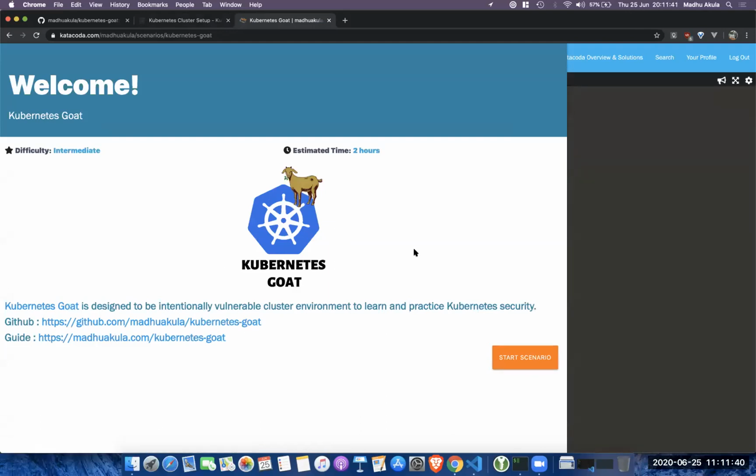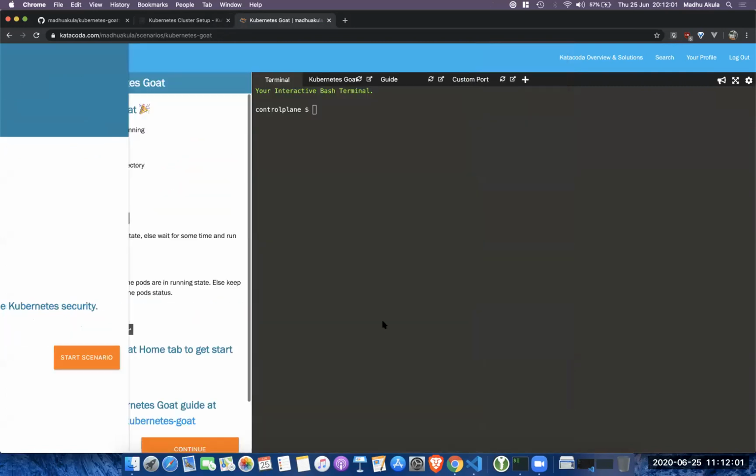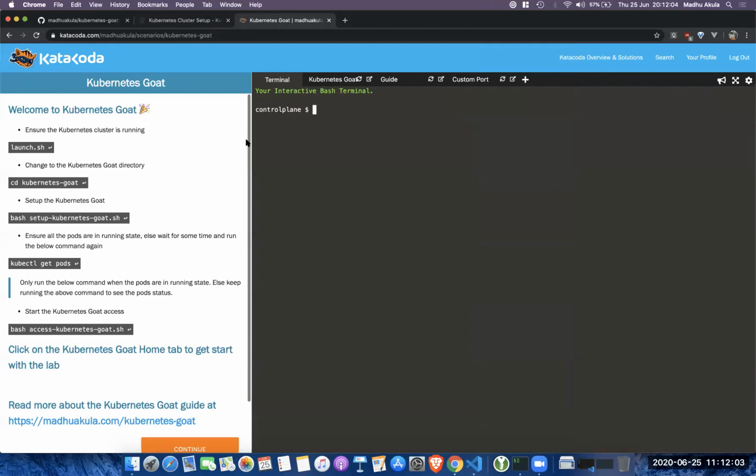The entire setup has been done for you with the Kubernetes cluster as well as Goat, right? This simplifies things so you can learn and get started with Goat very quickly, rather than going and setting up your own cluster and destroying all these resources, right? I would highly recommend, if you want to just give it a try, go ahead and check out this Kubernetes Goat Katacoda environment, right? It's pretty easy. We will go through it in the soon upcoming sections.